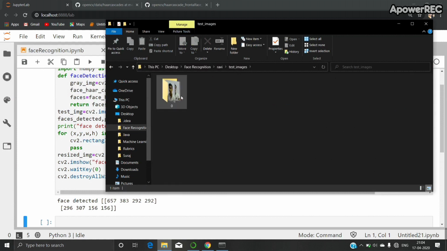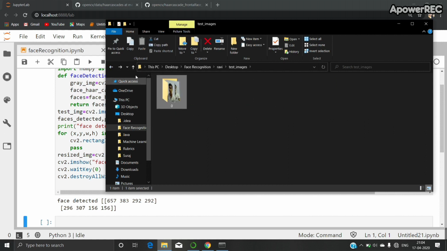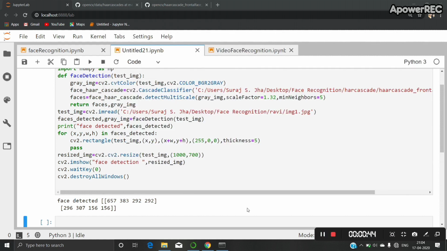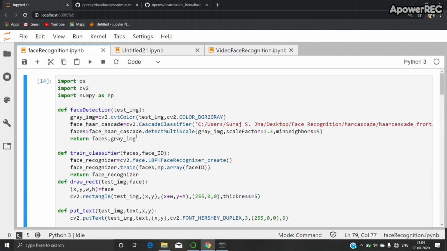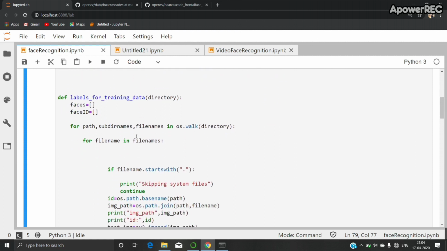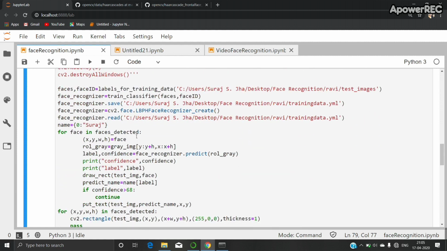On the basis of this I can predict my images.